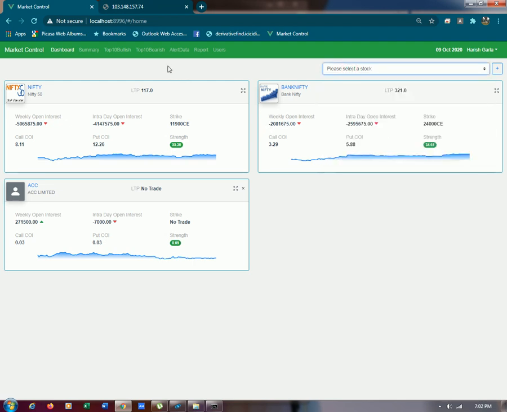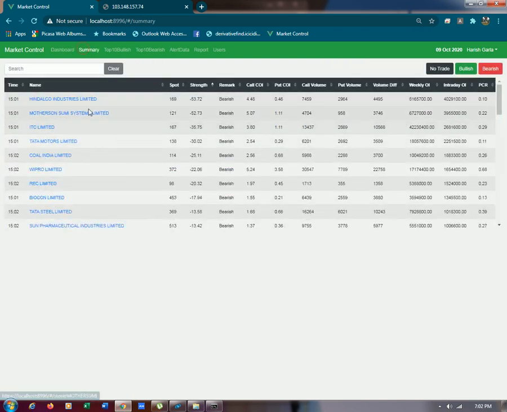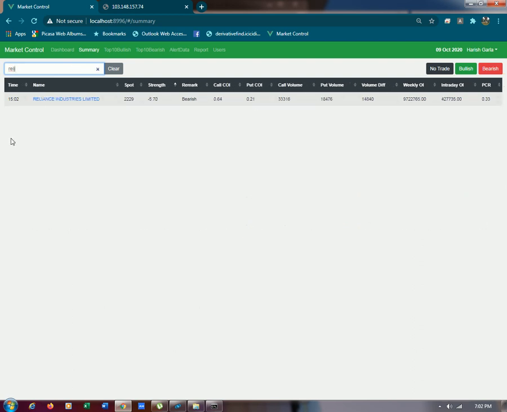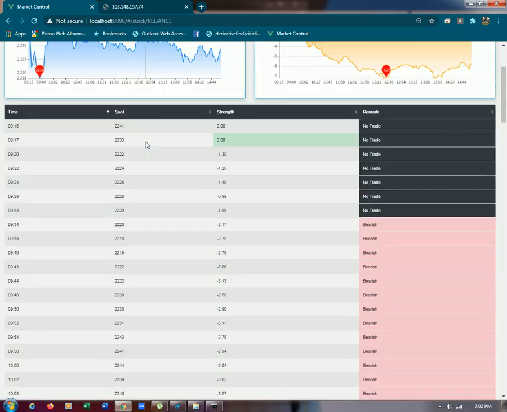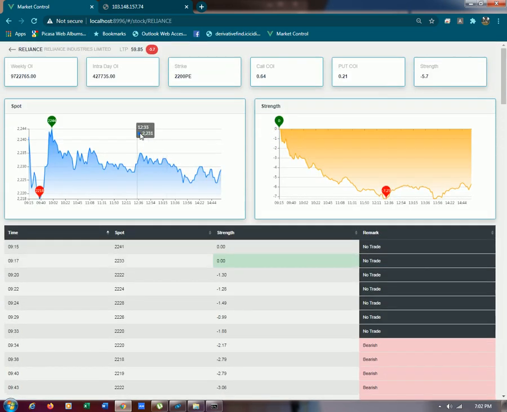Like if you want to track Reliance, you have to type Reliance. So REL, if you type, it will come here, and you can track as per our system, column number 3 and 4 and both the graphs. So it's very easy to track with the system, and it is up to you to take the risk by using the data. Data is refreshing every few minutes, and the data is also accurate, and certainly it will be a sure guide for you to take appropriate decisions.